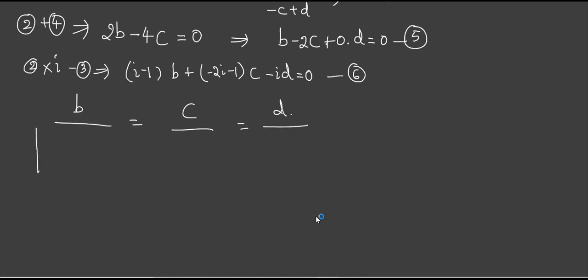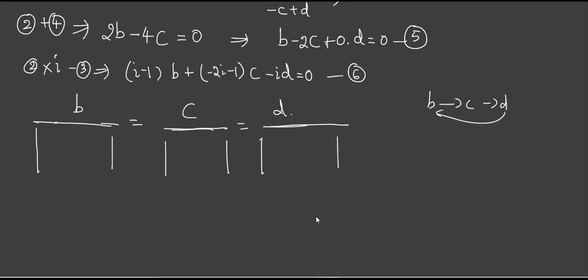Then you just write a determinant below each unknown. What is to be written here is, you should always go in a cyclical way. The unknowns are B, then C, and then D. My A is not there in this. Now, when I write the denominator of B, I should write the first column as coefficients of C, and the second column as coefficients of D, for both the equations in order.